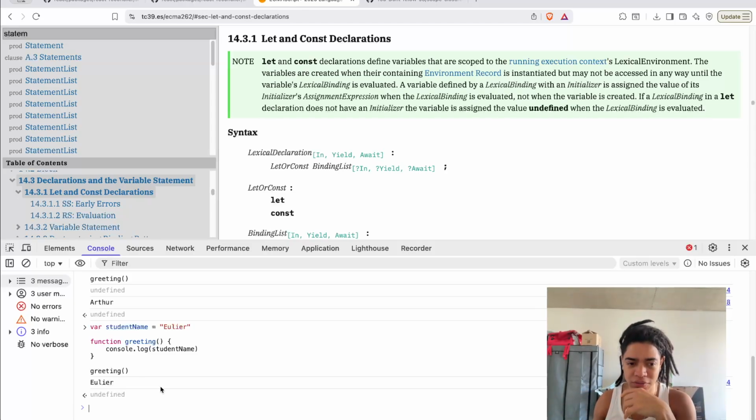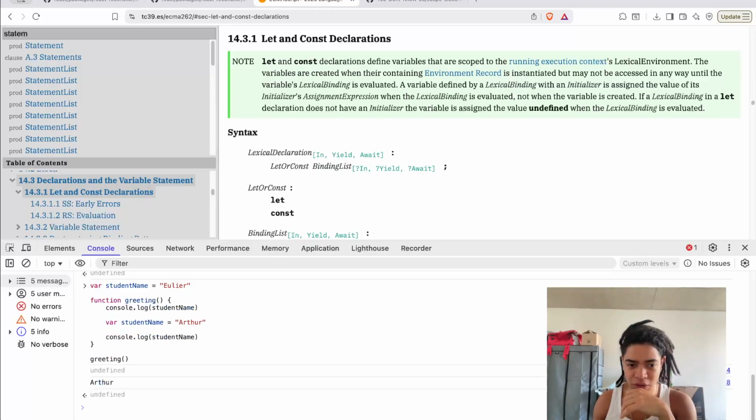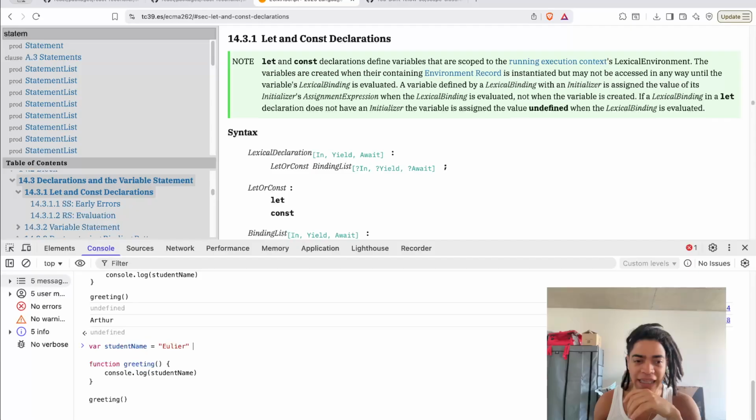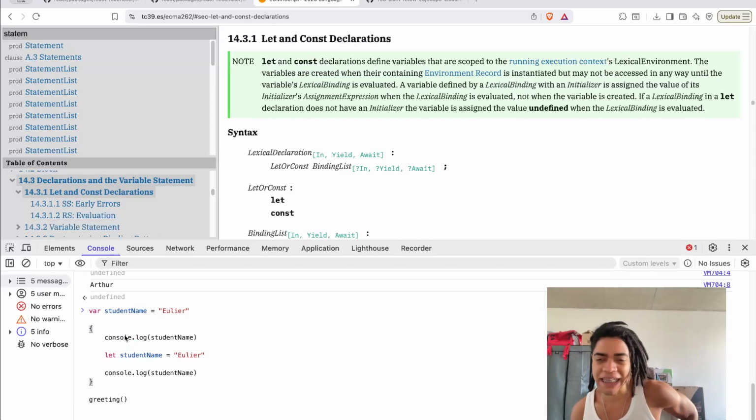But the point is that this behavior we see here, known as shadowing, behaves as expected. It follows our instinct. But when we do that with let, for example,